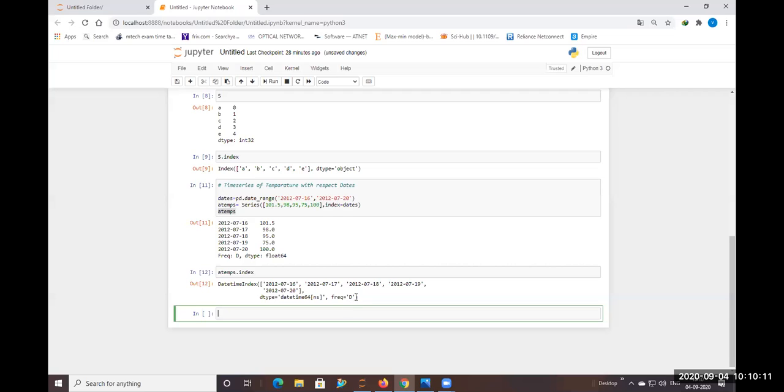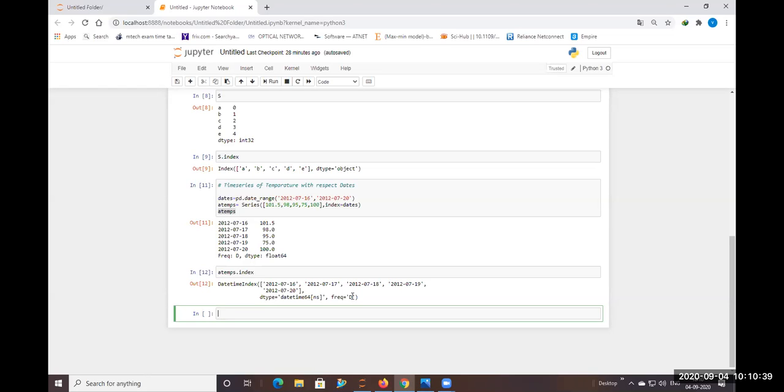What is this frequency D? It represents frequency with respect to date. You can see the frequency coming out as D for everything. We have different frequencies, which I'll cover next. Before that, remember that D here is for date.